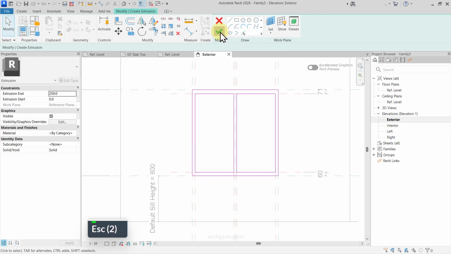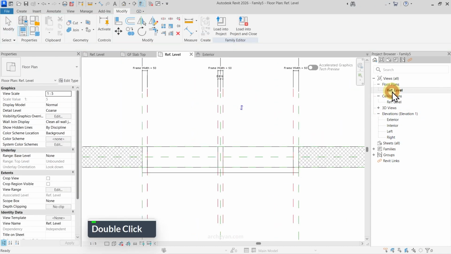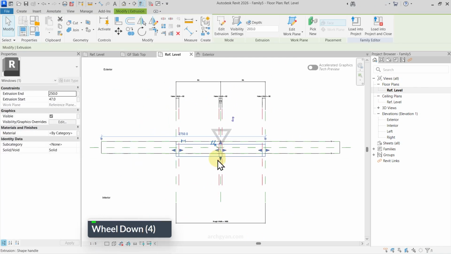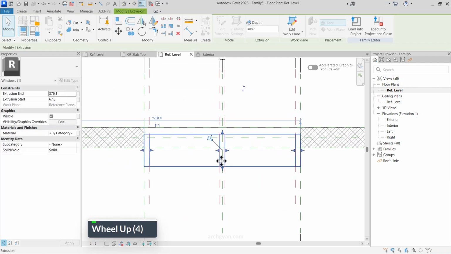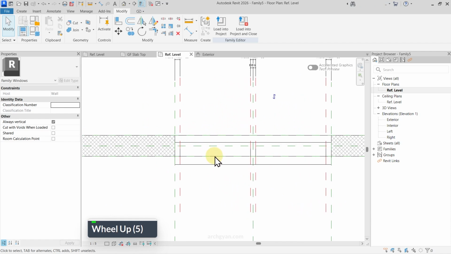Perfect. And now let's finish edit mode. Now let's quickly switch to our floor plan. And now we need to give the size of our frame. Now what I would recommend is that you create a separate reference plane here so that you can control the offset of your